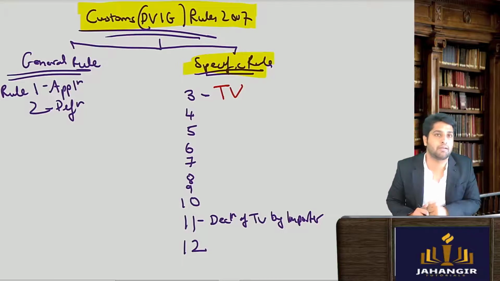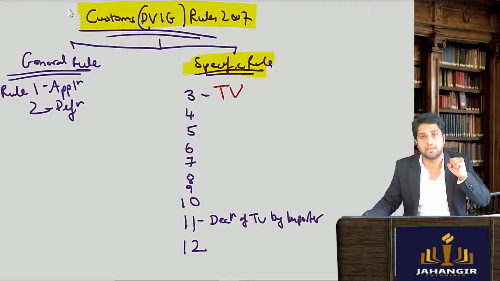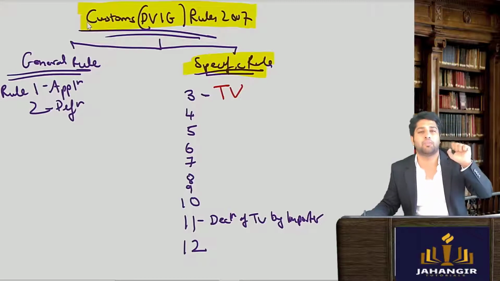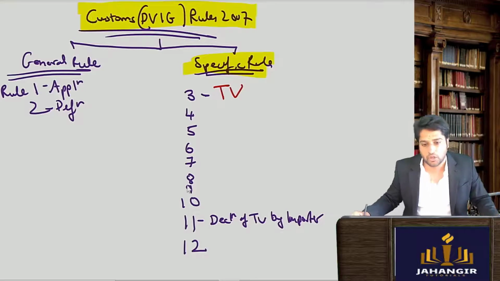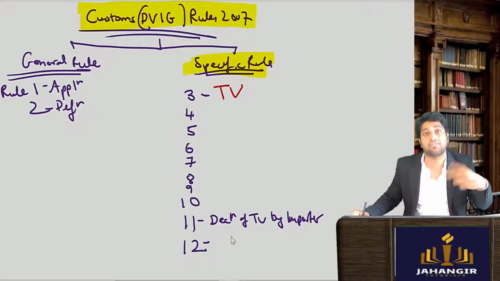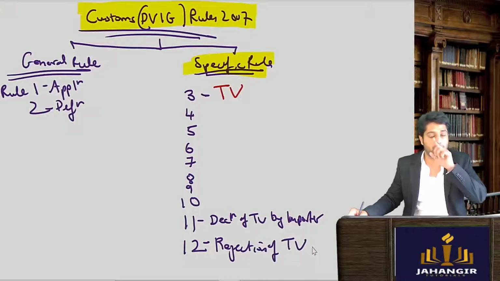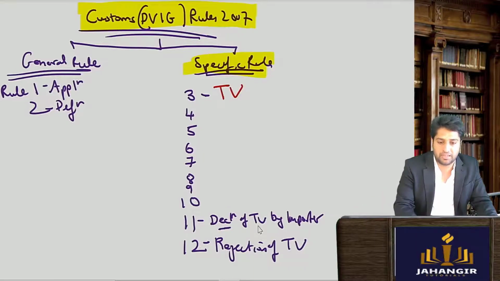He will give some documentary proof to support his claim. Now if the government or the customs officer feels that he is lying, that he is undervaluing or overvaluing the goods, sometimes we can feel that the person will undervalue the goods. Say the goods are not worth 1 lakh rupees, they are only worth 30,000, so that he has to pay duty on 30,000 only. If we feel that he is undervaluing the goods, the officer has a right to reject the value. This rejection of the transaction value, the value declared by the importer, is in rule number 11.